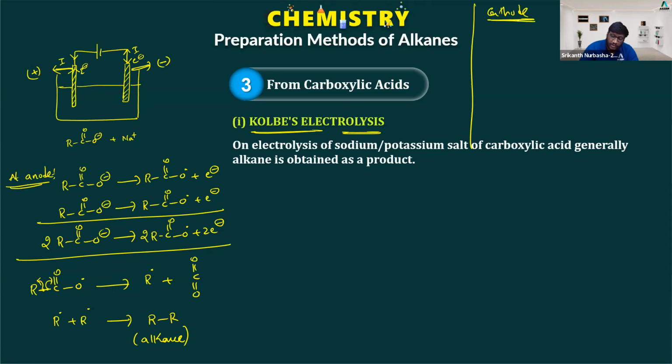At the cathode, what happens, students? At the anode, we have seen the formation of the respective alkane and CO2. At the cathode, the electrons lost at the anode have to be taken up by a species. At the cathode we have H2O. H2O will take up the electrons. H2O is nothing but H plus and OH minus ions. H plus will take up the electron to form H2 gas. You can take 2H2O plus 2 electrons forming 2OH minus,